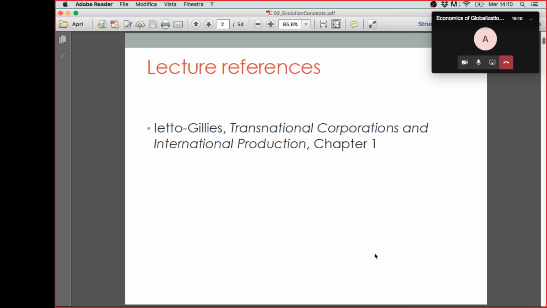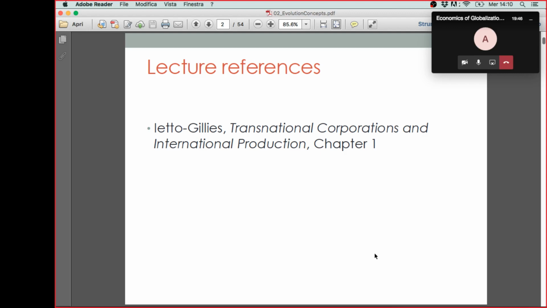And basically, what we will try to do is, as I said, a very general introduction. So we will give some definitions. We will specify some important concepts. We will also have a look at some data that characterize the subject of our analysis, and we will conclude with some discussion about differences between international portfolio and foreign direct investments, which, as you will see, will be the main results of our discussion today.